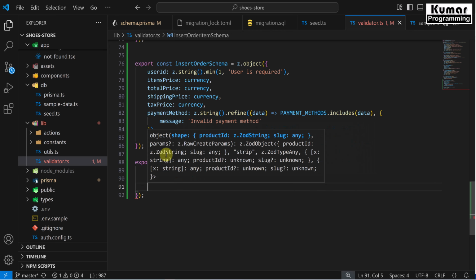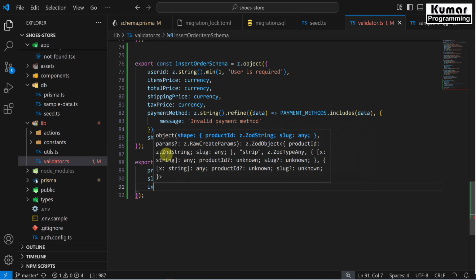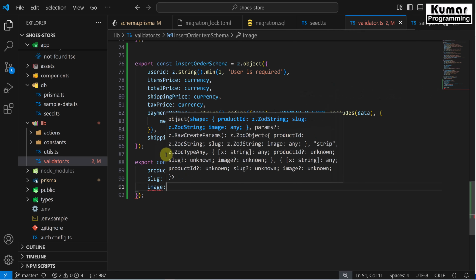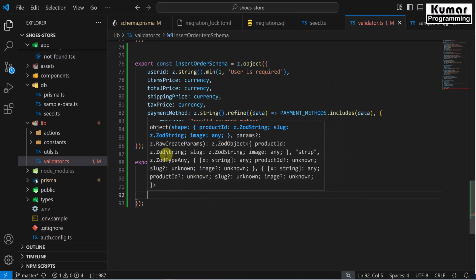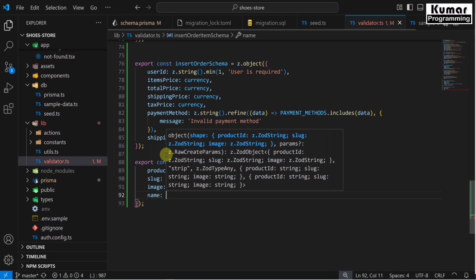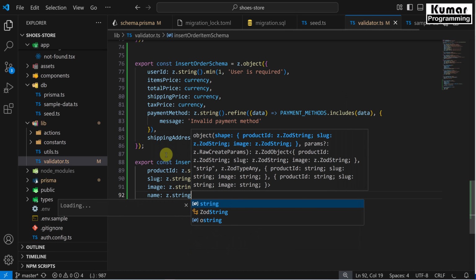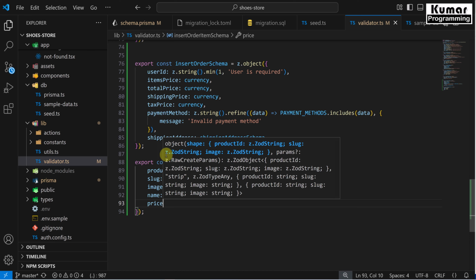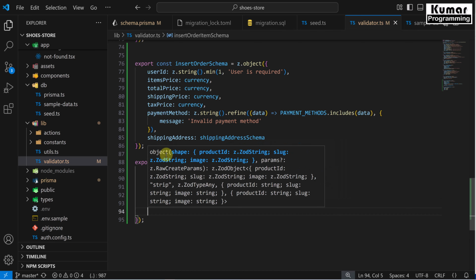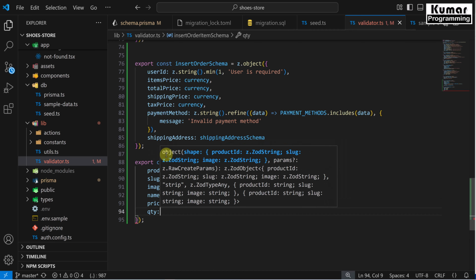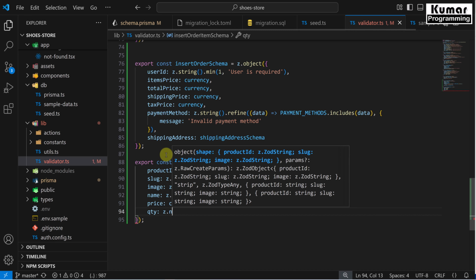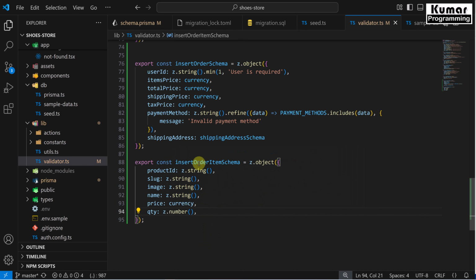The third field would be image, which would be z.string, and the next field would be name, z.string, and we have price, which would be of type currency, and quantity, which would be of type z.number. Inside our insertOrderItemSchema, we have only productId, slug, image, name, price, and quantity, since we are going to insert only these fields,